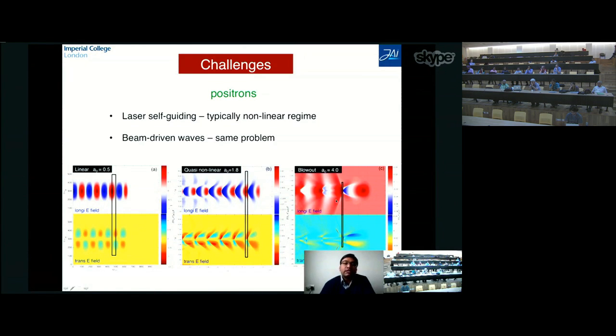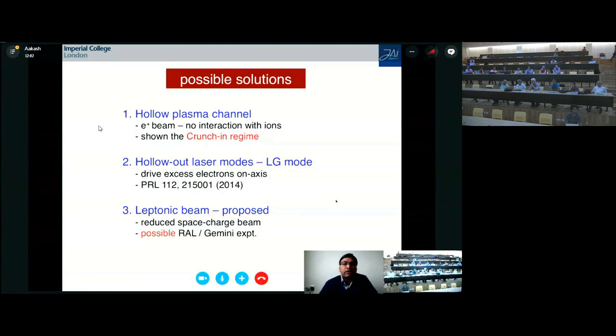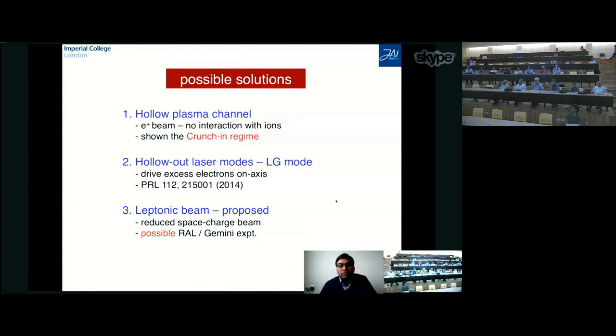So these are the challenges, and then let's look at what are the possible solutions that are currently available or currently proposed. I was able to narrow down to only these three main possible areas by which you can address the positron acceleration problem with some conviction. I mean, obviously there is always an argument saying that you can load those positrons in the blowout regime with some precision, and you can achieve acceleration of positrons, but